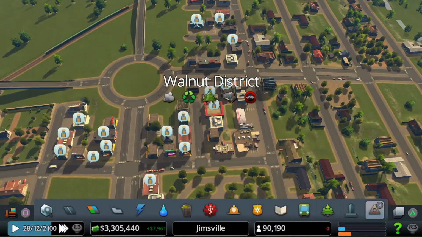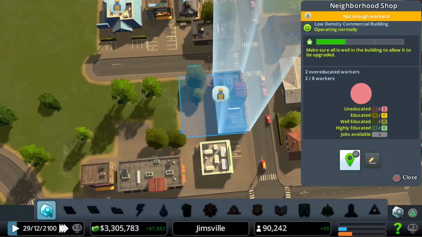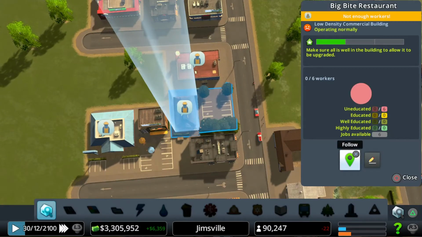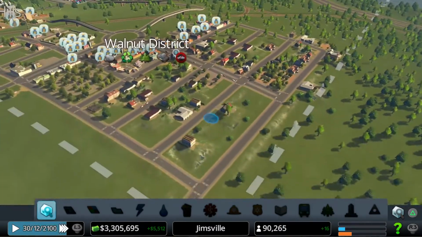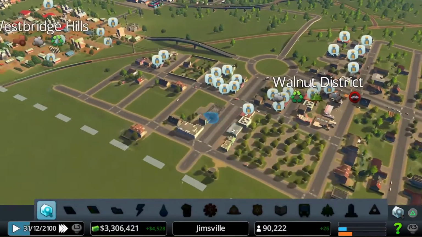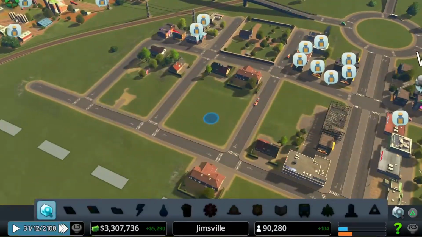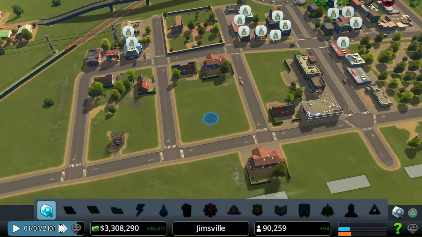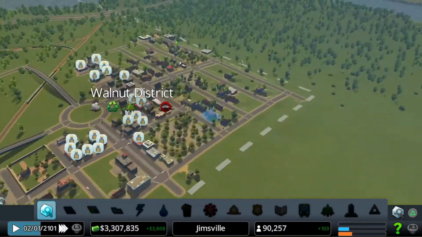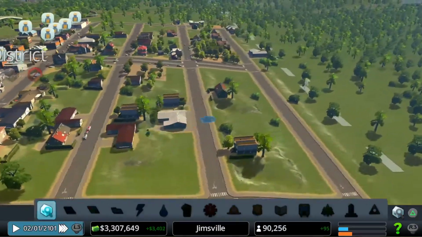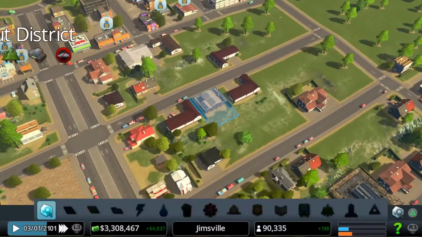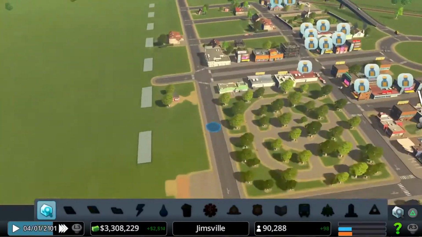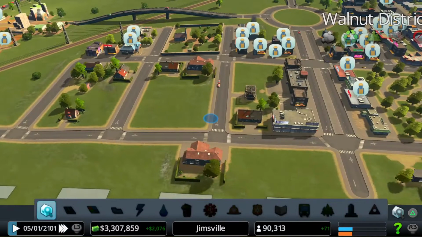Let's just take an inspection of one of these. So again, look, they're after uneducated people. There just aren't any people in the area at the moment, or not enough. We have got more businesses popping up, but we need more residential. And there's no demand for it at the moment, which is frustrating. Got lovely space for it, and there are a few houses in here, but there's no real residential surge. Got a couple of people moving in over here. Kind of need that to keep happening in the rest of this area as well. Need more of these housing areas to start filling up.